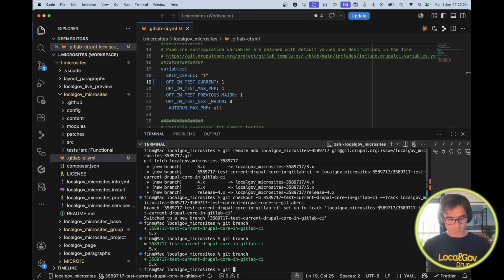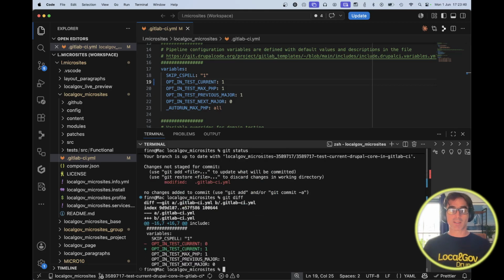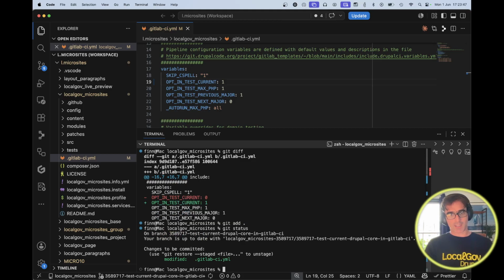Just check again, that's what branch I'm on, git status. That's the file that I modified. We can go to git diff just to see the change. That is what I was expecting. So git add and just double check that just that file had been added. Yes. And git commit